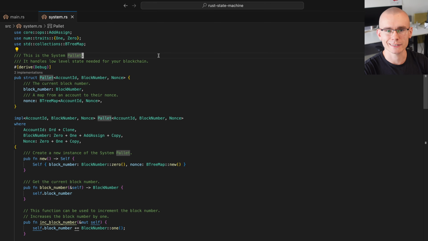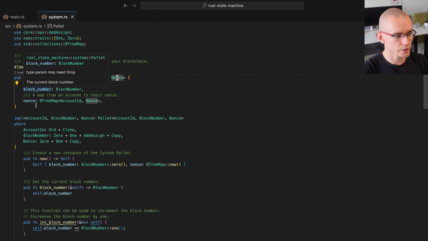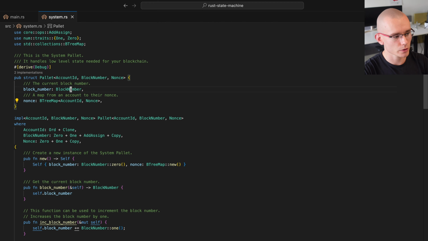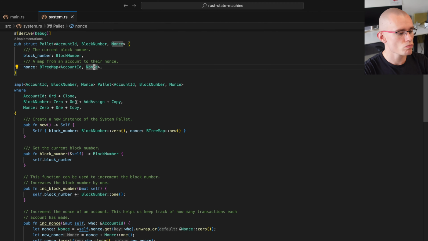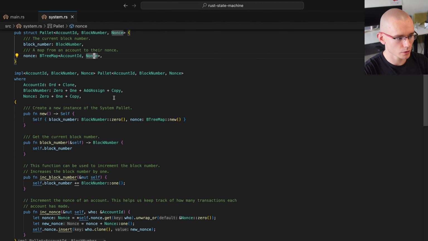Here's our updated system pallet. So we first define the pallet's generic arguments, account ID, block number, and nonce, and reuse them inside the fields. Like block number is obviously the block number type, and the nonce is a B-tree map mapping from account ID to nonce. Now inside the implement block, we define the generics and the constraints of the types, like account ID